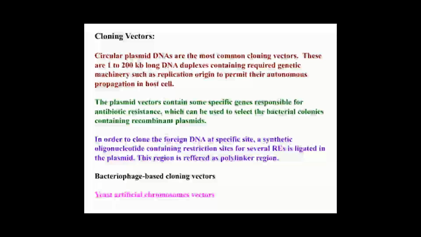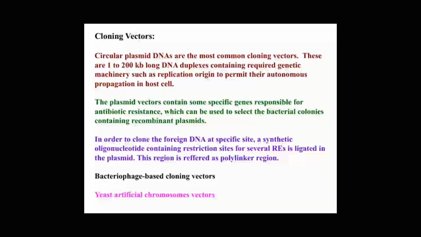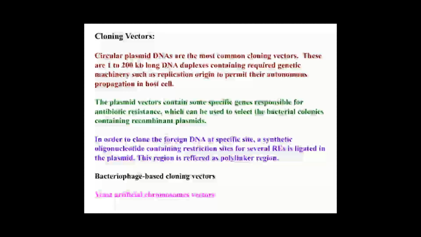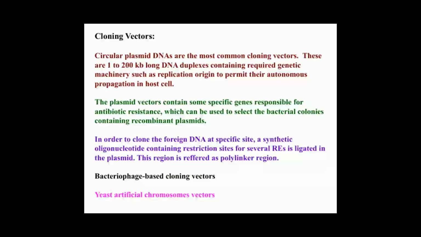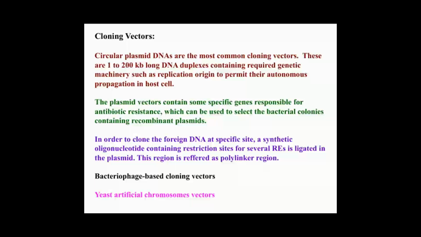Plasmid vectors also carry specific genes that provide antibiotic resistance. This feature is crucial because it helps us select the bacterial colonies that actually contain the recombinant plasmids. After introducing the plasmid into bacteria, we can simply grow the bacteria on antibiotic-containing media, and only the ones with the plasmid will survive. Now, when we want to insert foreign DNA at a specific site within the plasmid, we